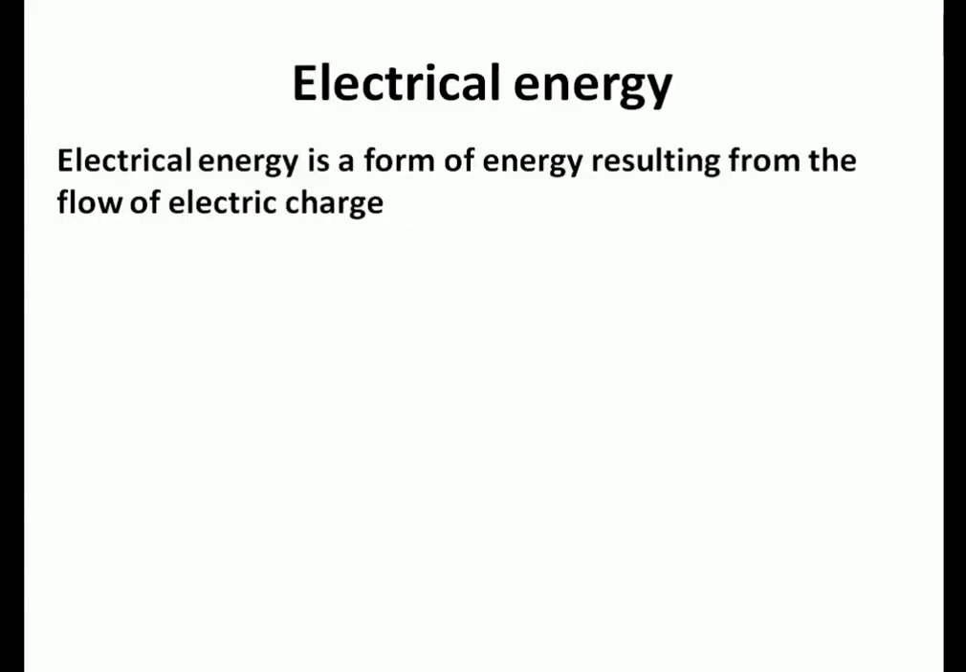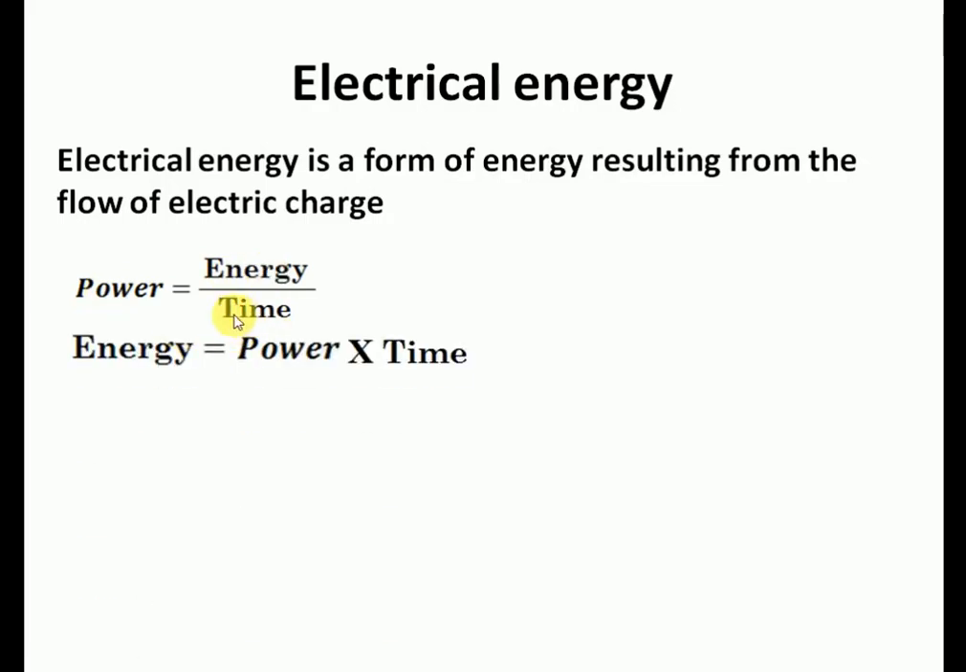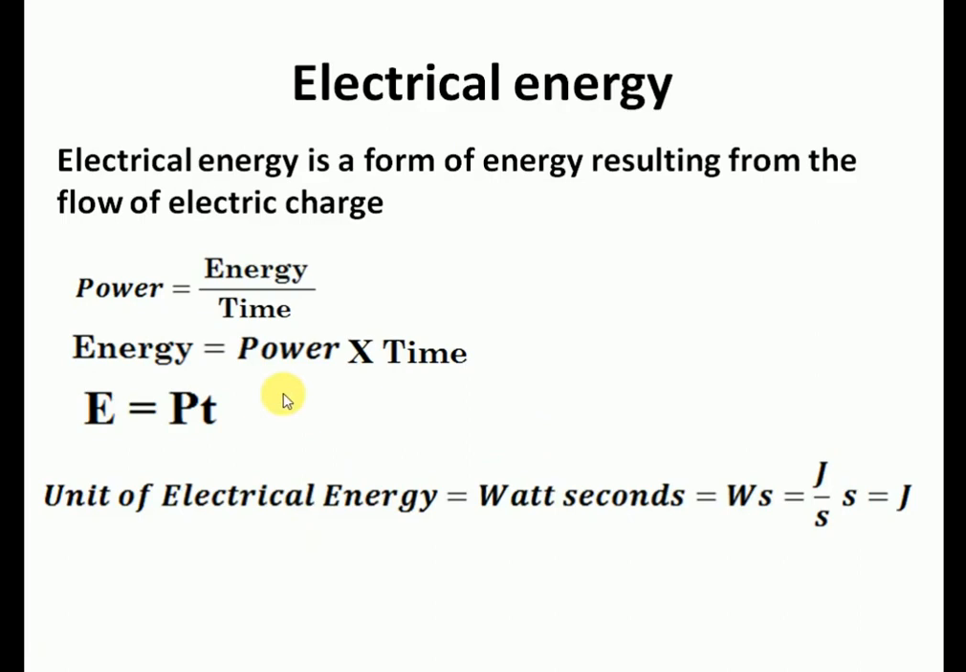Electrical energy is the energy which we get from electric current, and we know the formula, power is equal to energy by time. If you take this time up out here, then you will get energy is equal to power into time. So E is equal to P into T is the formula for electrical energy, and the unit of power is watt and the unit of time is second. So watt second is the unit of